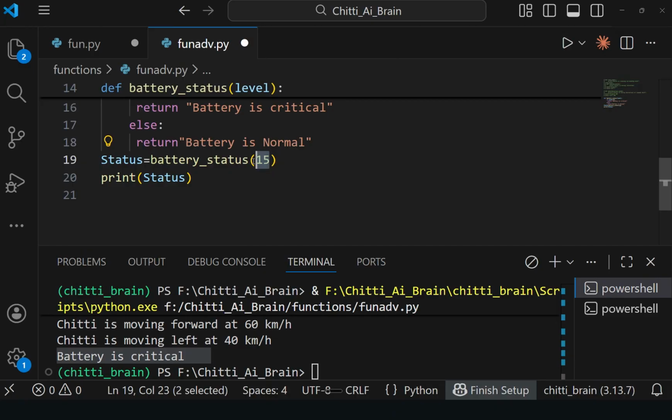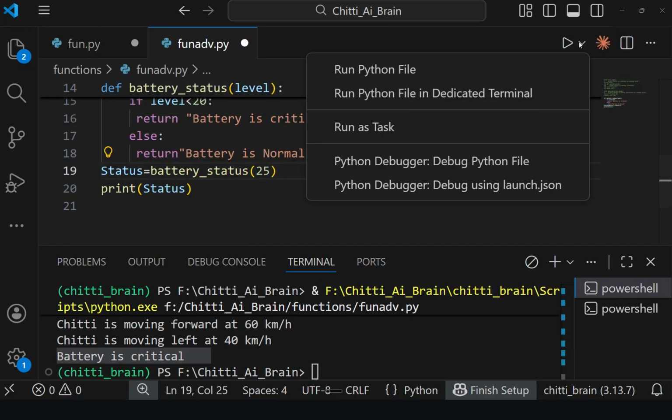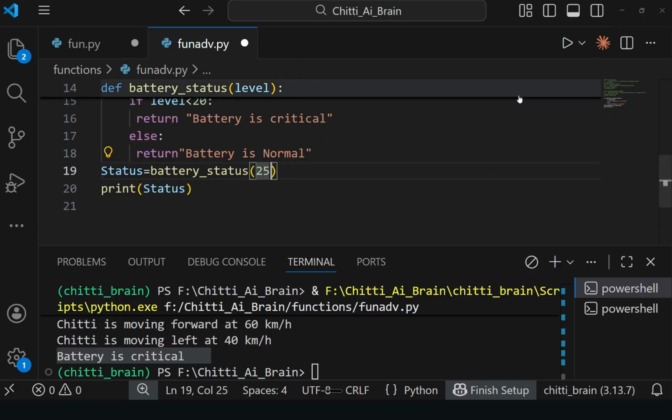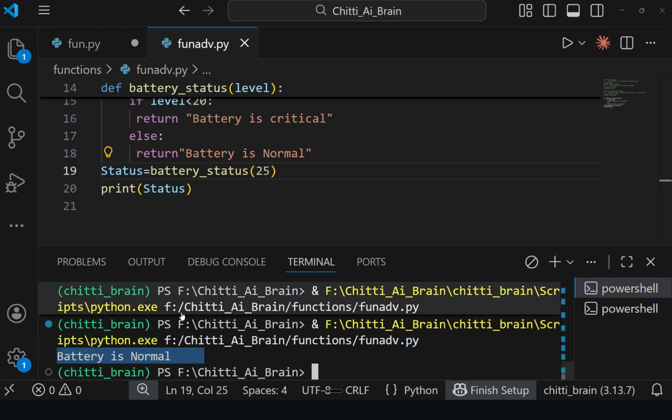Now for suppose battery is 25, what will it do? Battery is normal, like this it will return the values. If you give 20, Chitti's battery is 20, it will return battery is critical automatically.